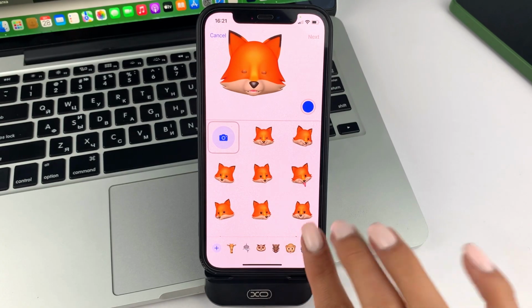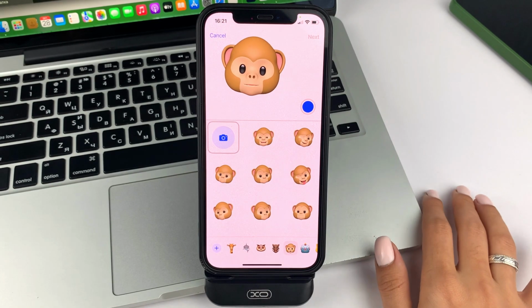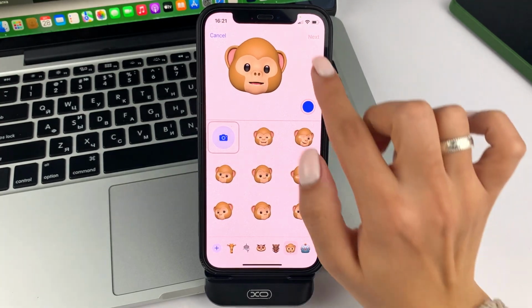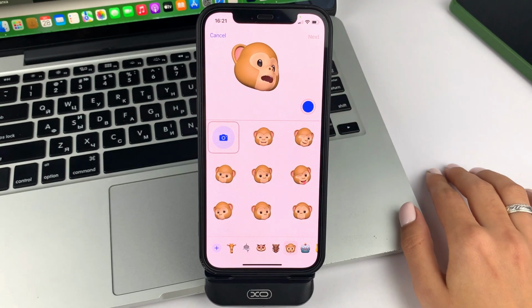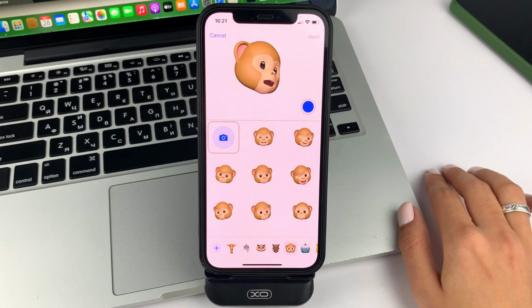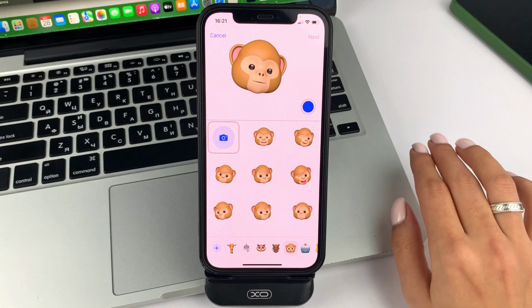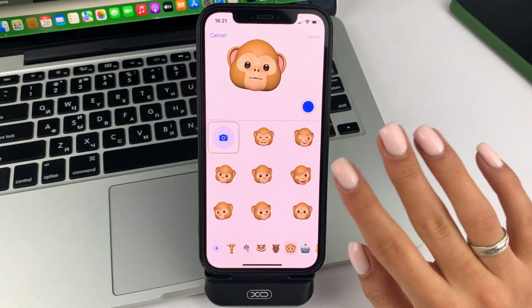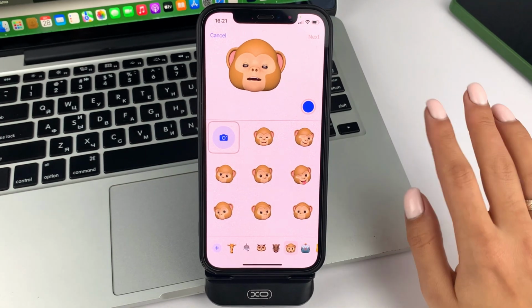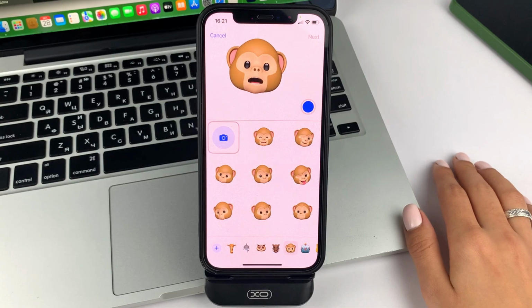So when you've chosen the animal that you like, let's say, look, I'm talking now and this emoji is talking. I'm moving my head and it's talking too. So you can do absolutely any pose and make any facial expression and take a photo.